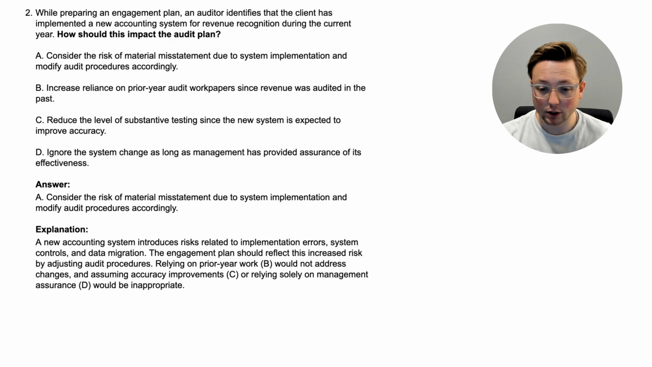Relying on prior year work, that was option B, would not address changes, and assuming accuracy improvements, that was option C, or relying solely on management assurance, that was option D, would be inappropriate. Again, when it comes to an audit engagement plan, you're paying attention to the prior year things and you're paying attention to the big changes in the current year, because that is going to inform you the procedures and the things that you're going to be doing, and that is going to be a part of you creating your engagement